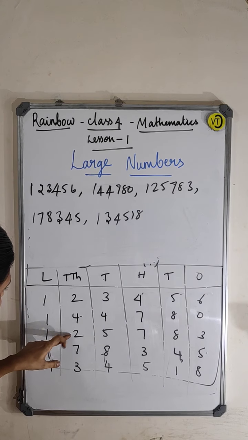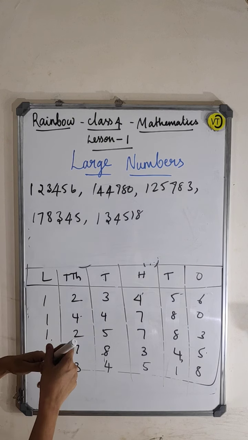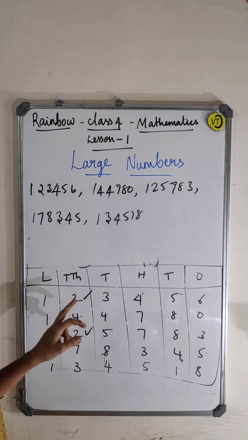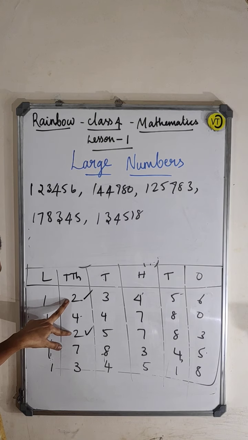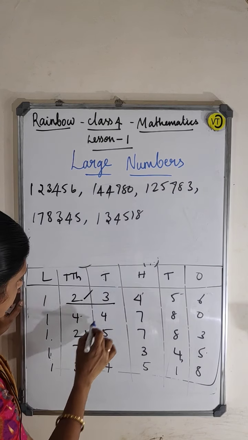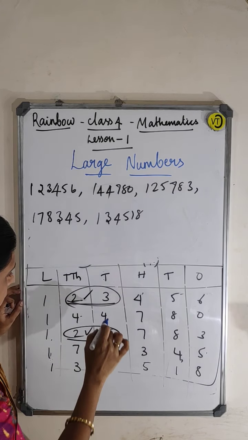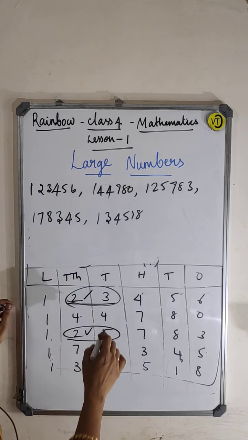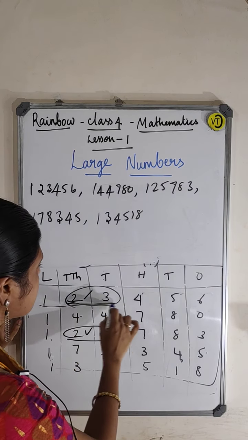Here first of all, this 2 and this 2 are the same. This 2 and this 2 are the same. Here 2 is the smallest number, but I cannot decide which 2 it will be. For the next digit you have to come again. This one and this one you have to check. Okay, so next will be what? 5 here, 3 here. So this is the one which is the smallest number.